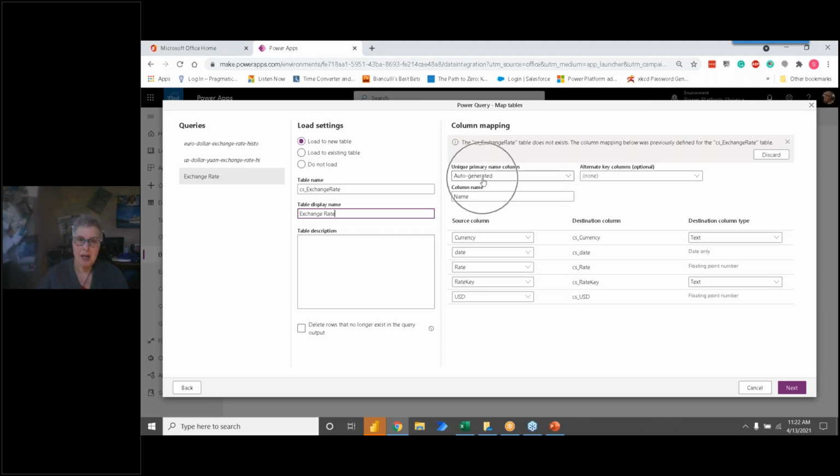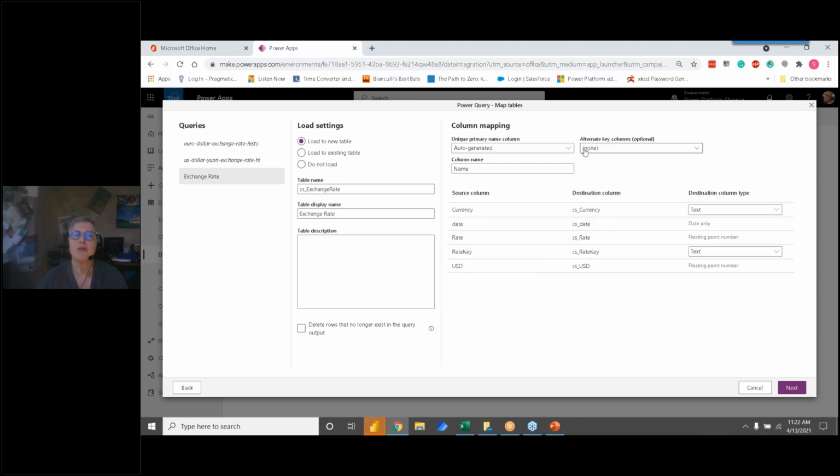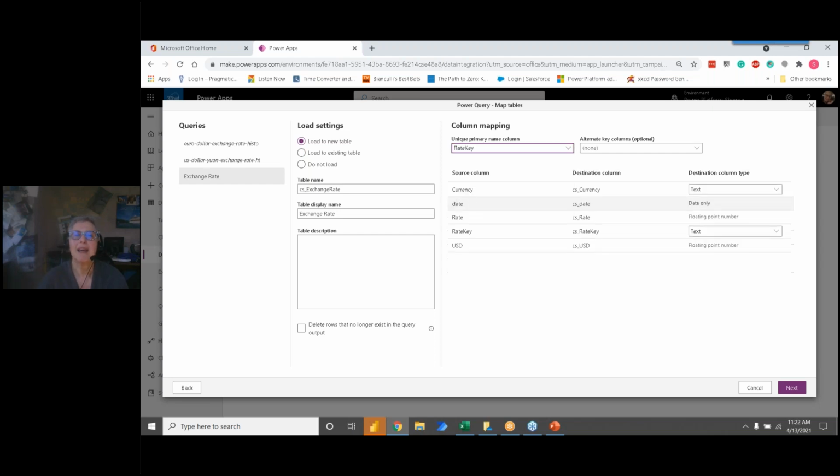But what didn't happen automatically is it will always want to auto-generate a primary name. I don't like to do that because I think it makes things difficult for users if they're working in the database directly. So that's why I created this rate key. So I'm going to add that as the primary name.